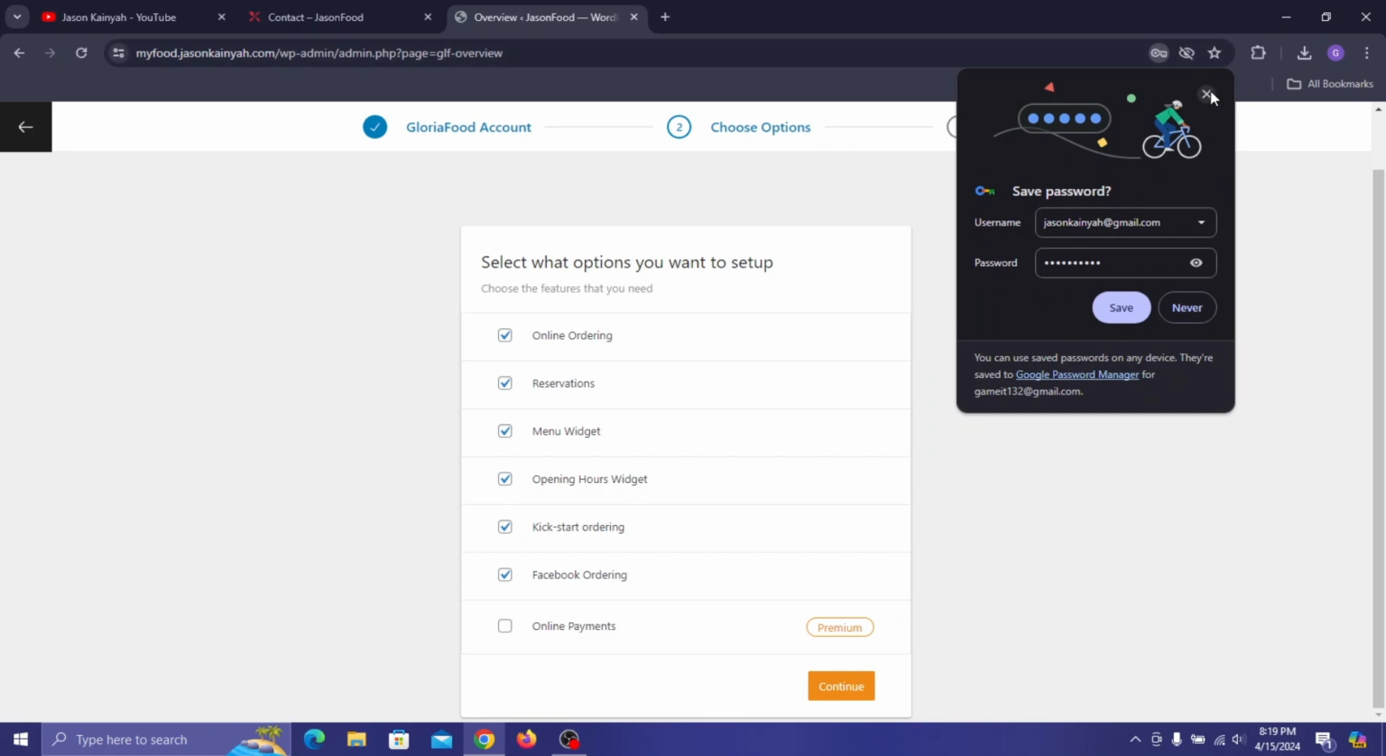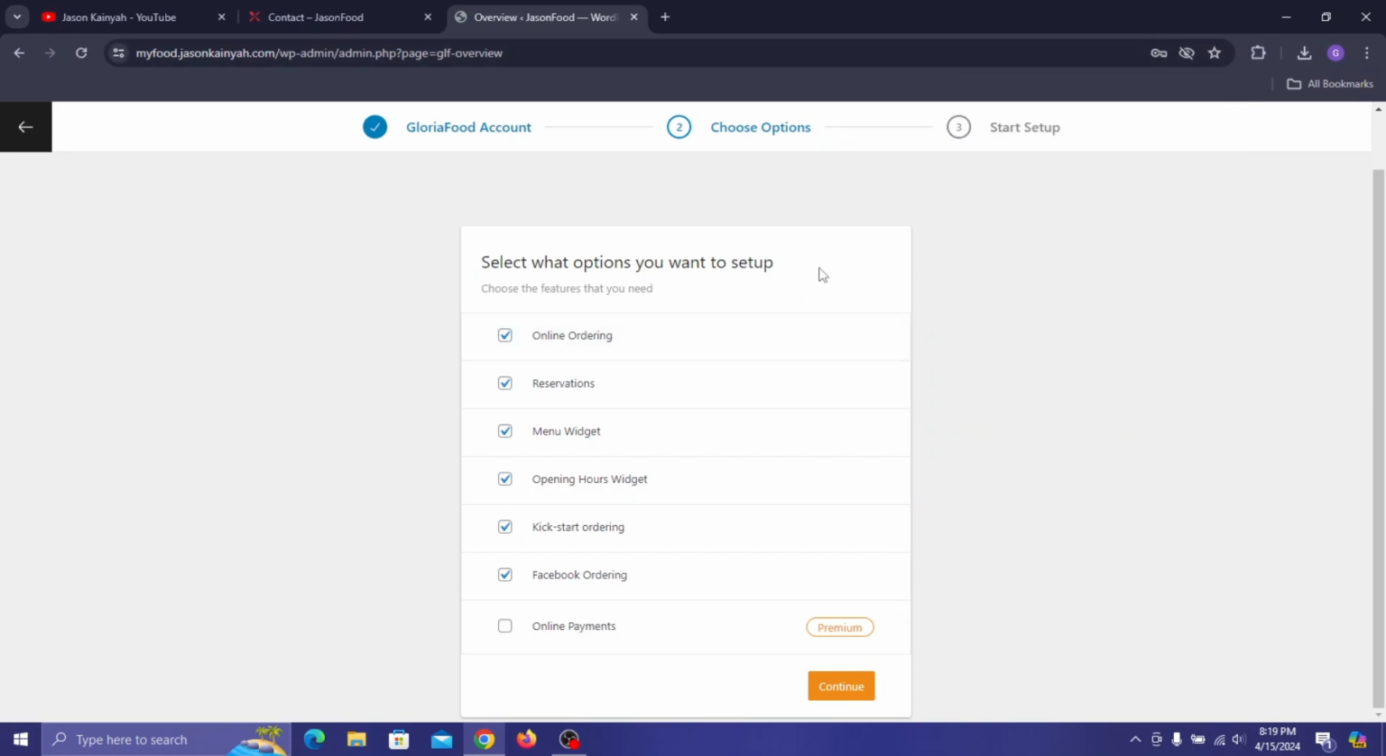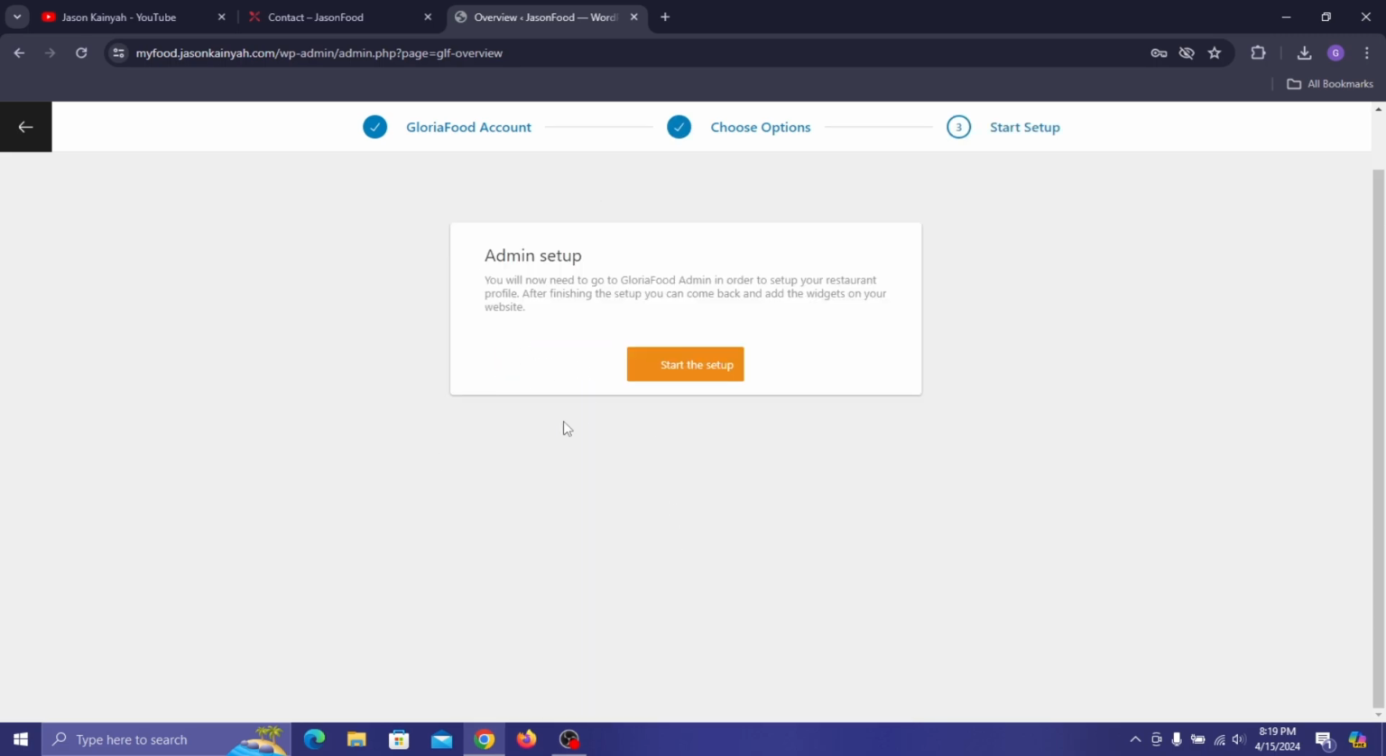Okay, and now here they're going to ask you to select what option you want to set up. So online ordering is ticked, reservations is ticked, menu widgets is ticked, opening hours is ticked, Facebook ordering too can be ticked. But online payments is premium, so we can't really use this because it's pro and everything we're doing here is free. So yeah, leave everything how it is and just click continue, and then just click on start